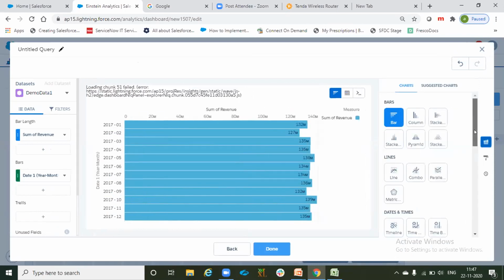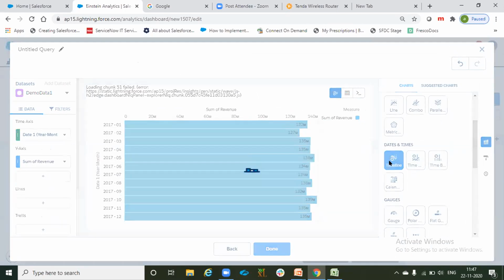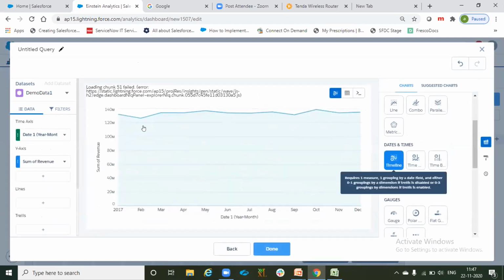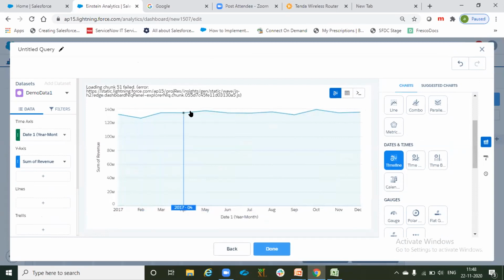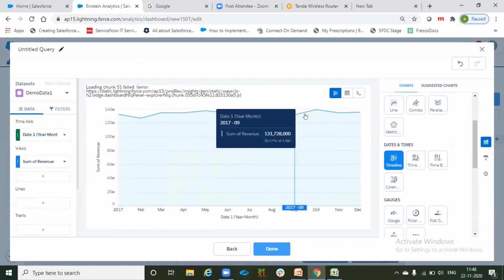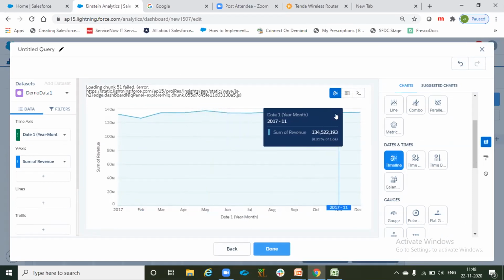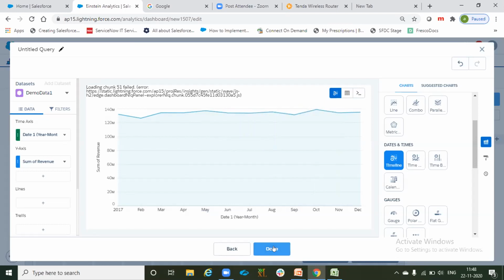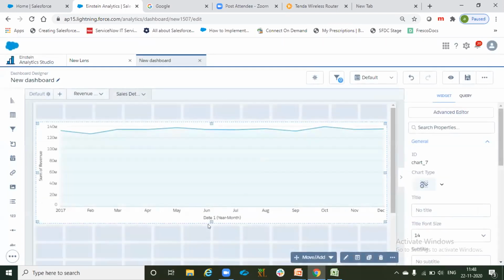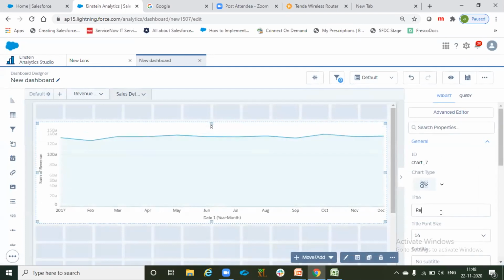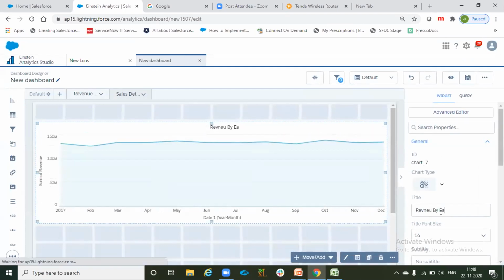So use the chart called timeline here. It gives us a trend, like for each month, what is my sum of revenue. Let me click on done here. So this is my dashboard, and let's show revenue by each month. I just labeled it here.